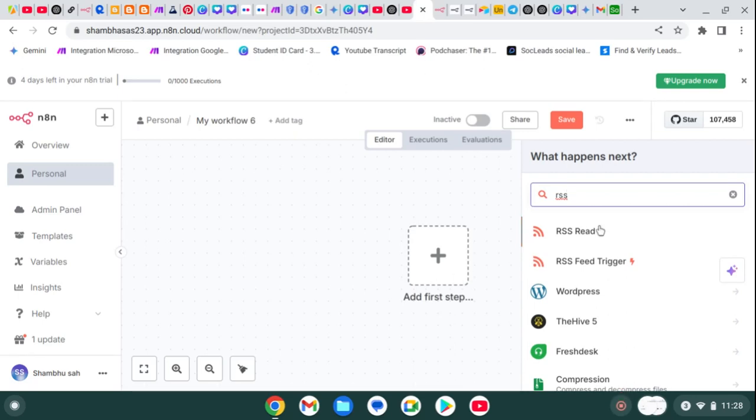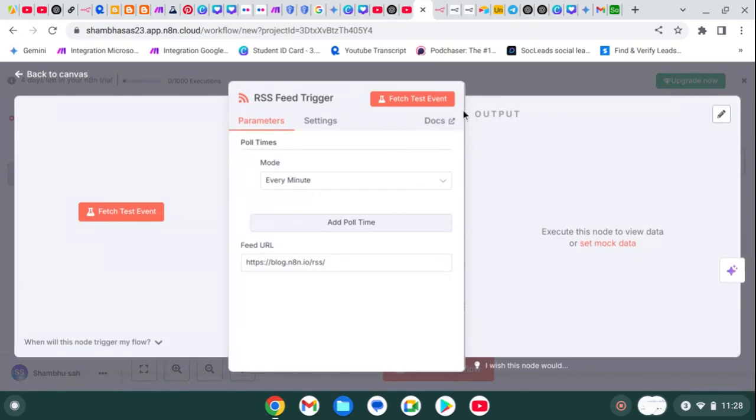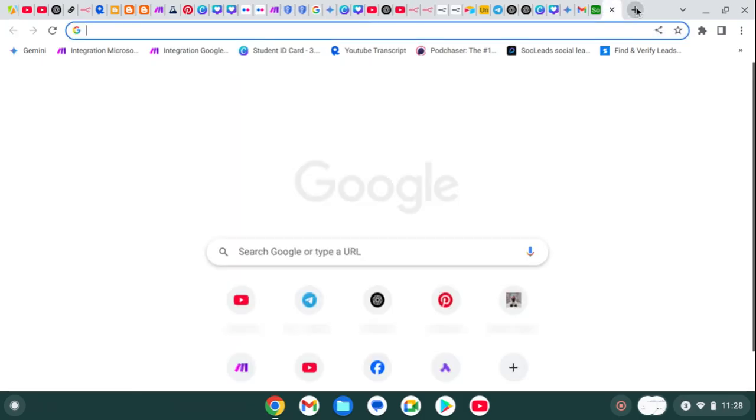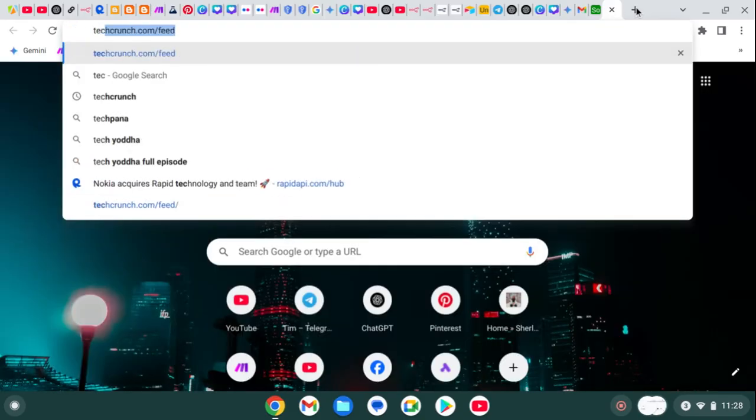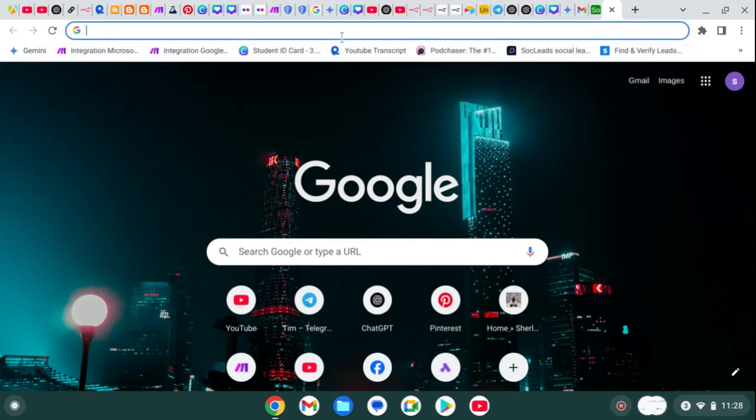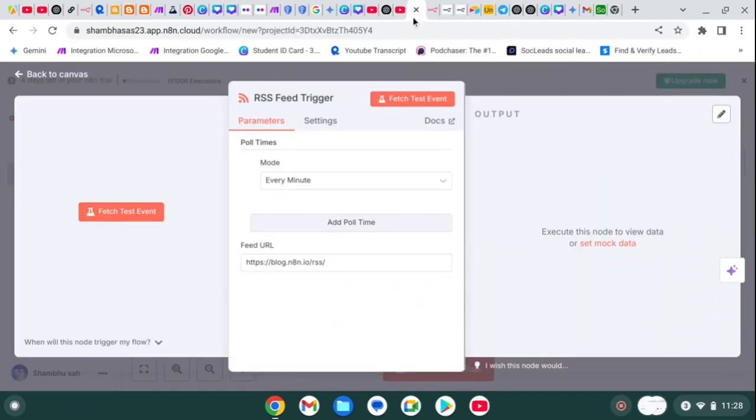I built a powerful automation that can create content for every platform. To build this, I need the RSS feed of TechCrunch. This is the URL that I already have. I simply copy it, go to our workflow, and paste it